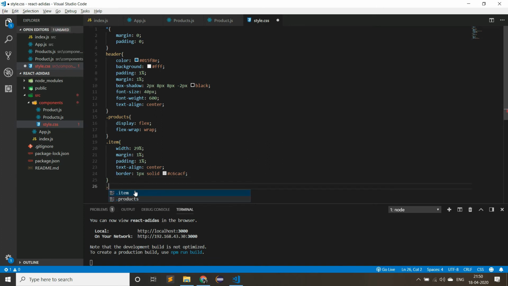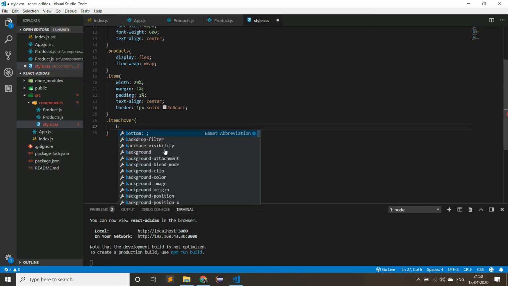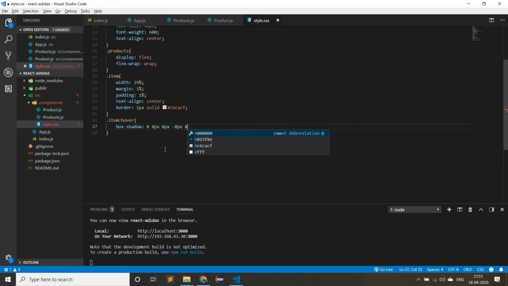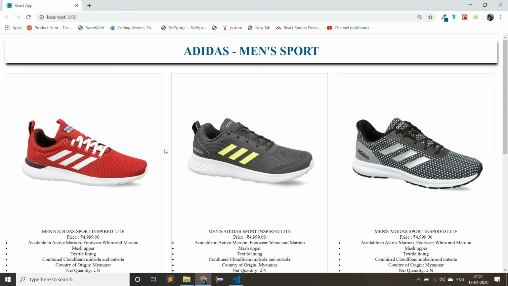Let us add a hover effect. For that, .item:hover. Let us add a box-shadow. It is box-shadow equal to 0, 8 pixel, and then 8 pixel, and then minus 8 pixel, and add a color as C6CACF.